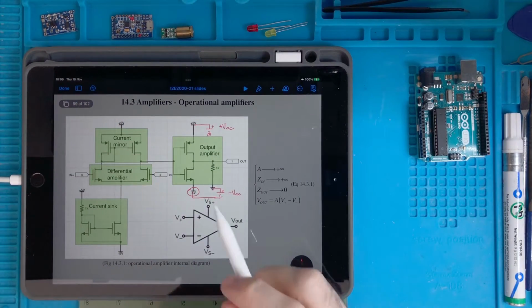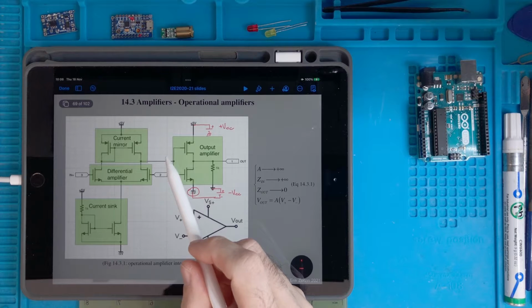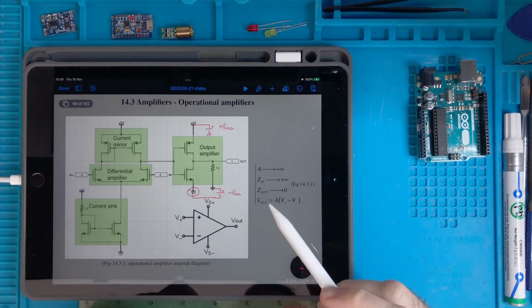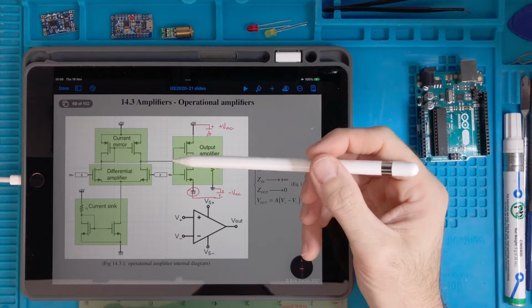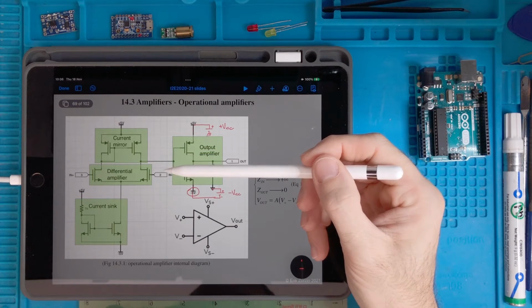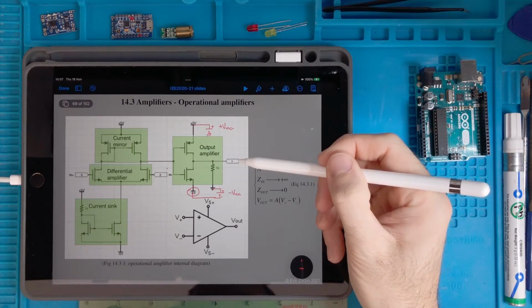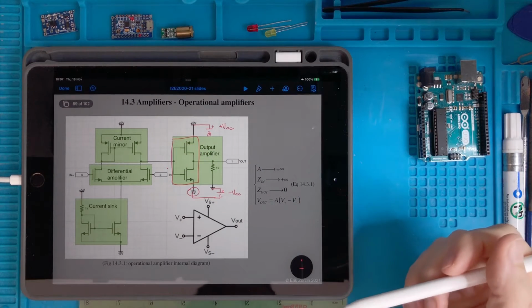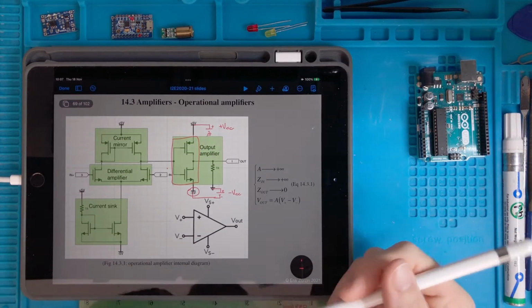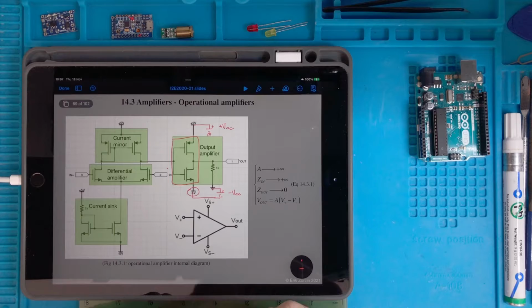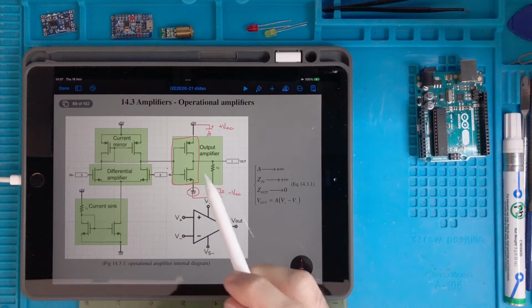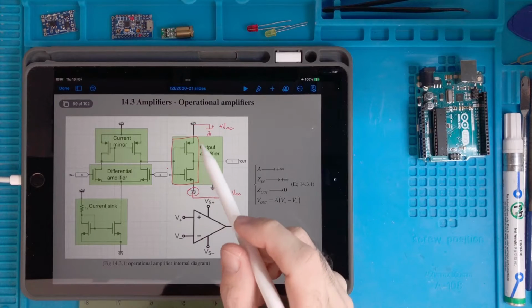So when this happens, for a high voltage here we have a low voltage here, and we can repeat the same thing and study what happens if I put a low voltage here. I will have a high voltage here. So this thing is a sort of inverter. It inverts the voltage, I mean the output respect to the input. So this is called output amplifier because